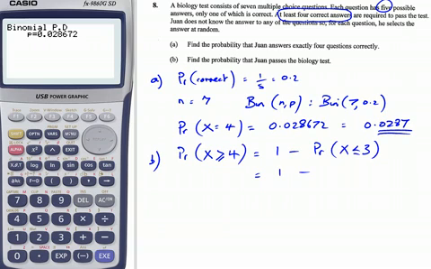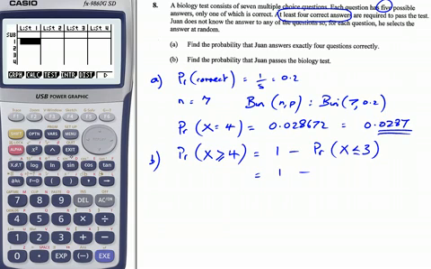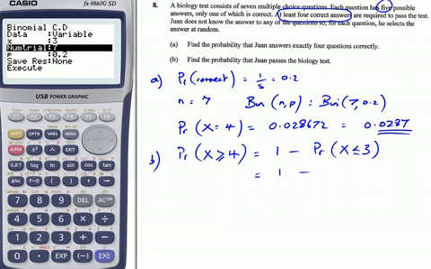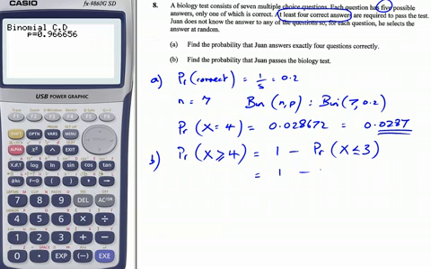Exit from this, go back into distribution, F5, back into binomial. And this time we're looking at the BCD cumulative value. So we press F2. We're on variable. It's still got the figures in that we have there. X is now changed to a 3. The number of trials, yes, it is 7. Probability, yes, it is 0.2. And what's the answer? You can move over, execute, and then press the EXE button, and you get our answer, which is